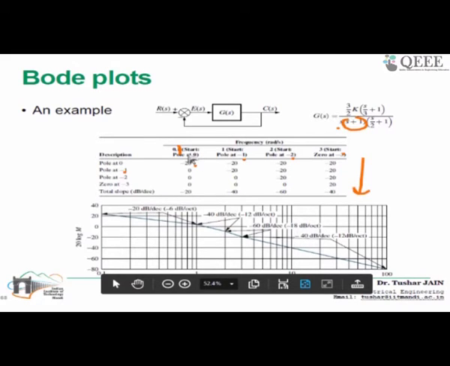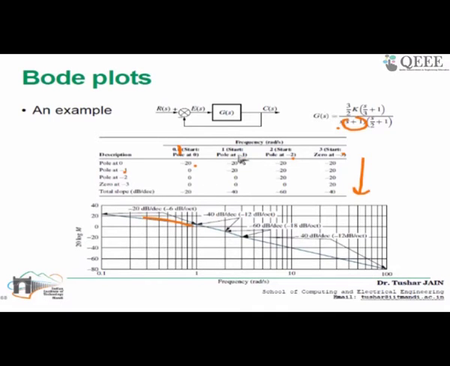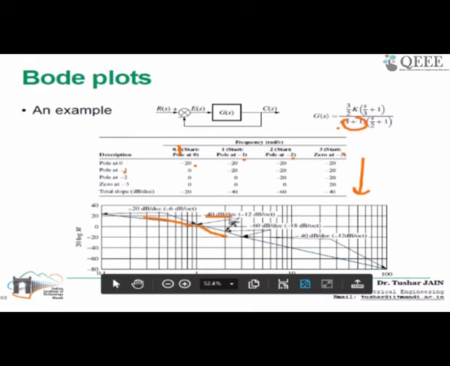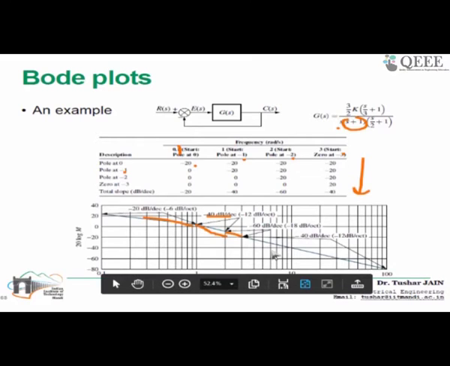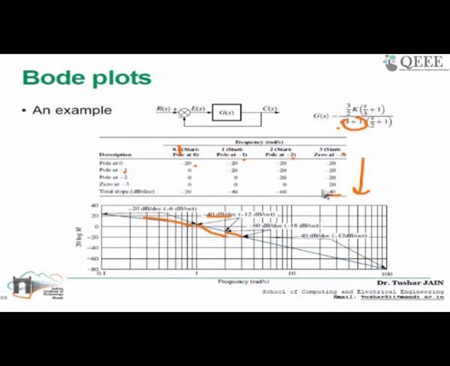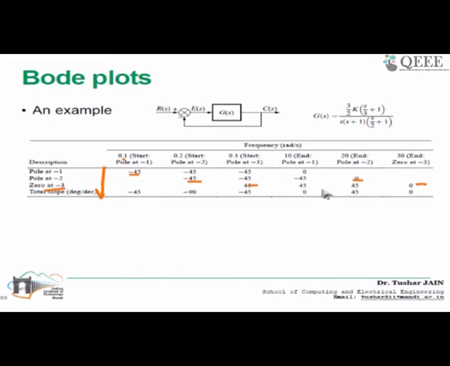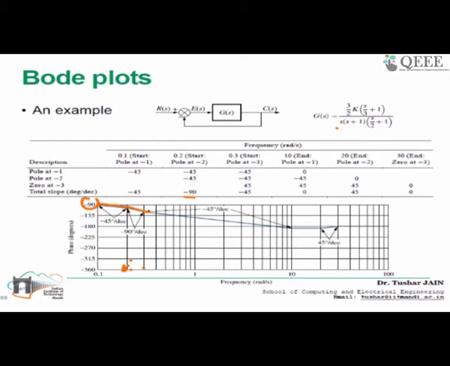So let's see, the poles start at 0.1 up to 1. I have a slope of -20. Starting from 1 to 2, I have this -40 dB slope. From 2 to 3, I have -60, and from 3 until when omega is a greater value, I have a contribution of -40 slope. Okay, so this is for the magnitude, and for the phase,